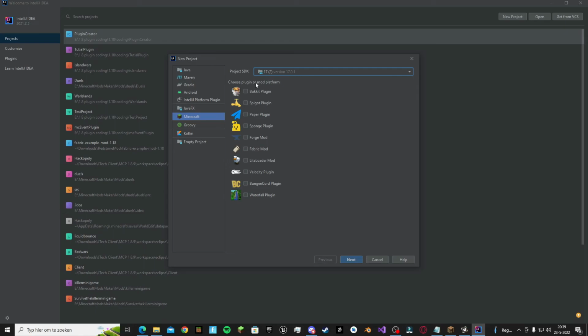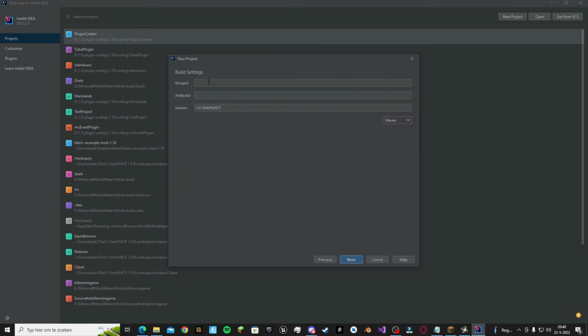So choose plugin or mod platform. If you're creating a mod, a Forge mod, you can click this. If you're creating a Fabric mod, you can click that. But we're going to be creating a Paper Spigot Bukkit plugin. I'm going to choose Paper here. You can click next. So the group ID is basically